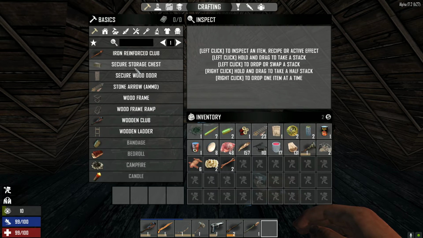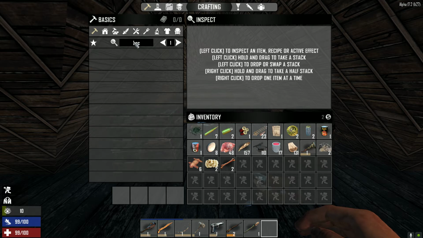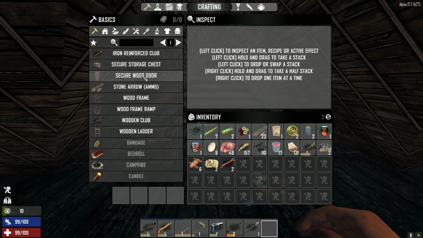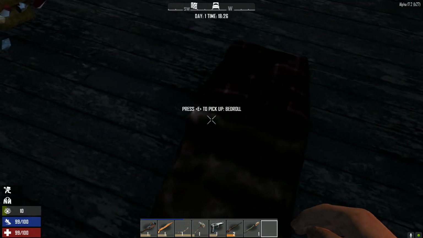Another thing I like to do, there's storage boxes, and then we'll just go ahead and type in box, my bad. There's a storage box. It's the same as that, has the same space as a secured storage chest, I believe. I haven't done too much checking. The only difference is with the storage boxes, it's like this